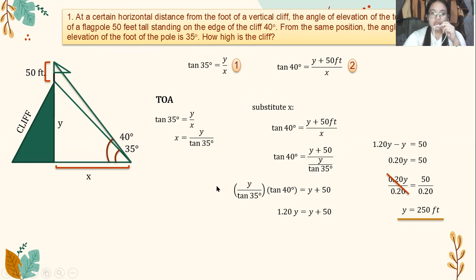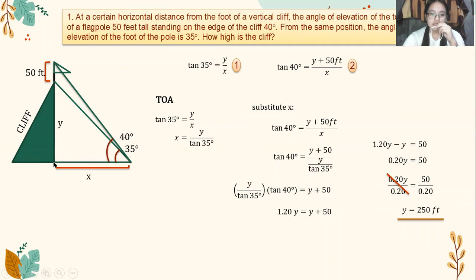So as we discussed before, the angle of elevation, this is the line of sight of a person or an object here. And if you look up, that is what you call the angle of elevation. So we have here the flagpole, which is 50 feet high, and here is the cliff, and this is the height of the cliff,